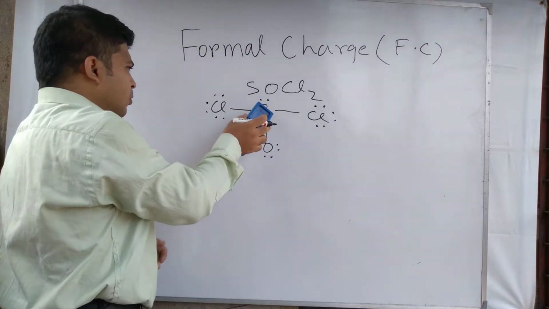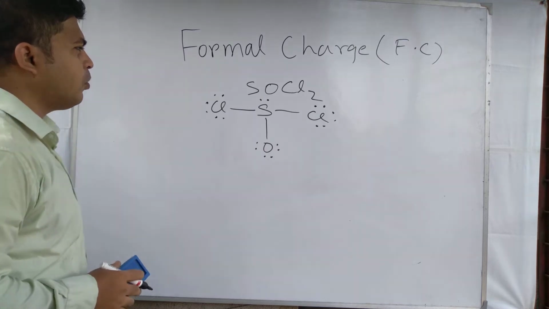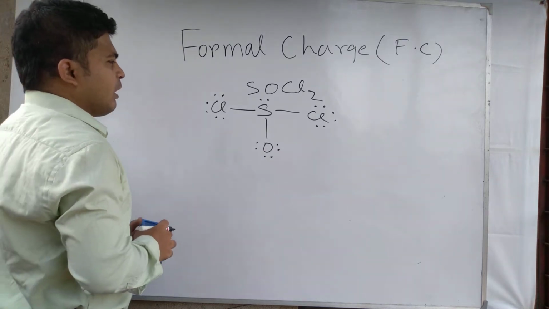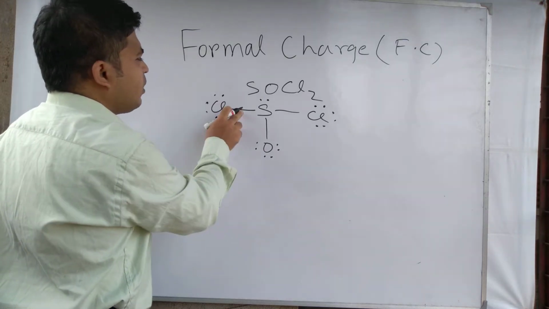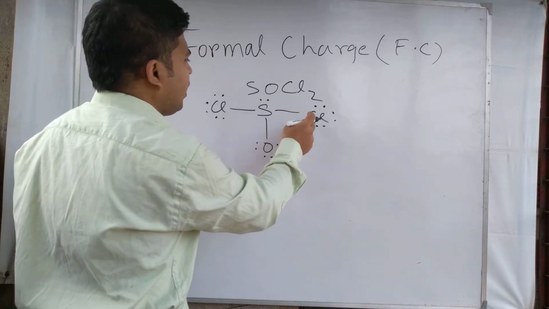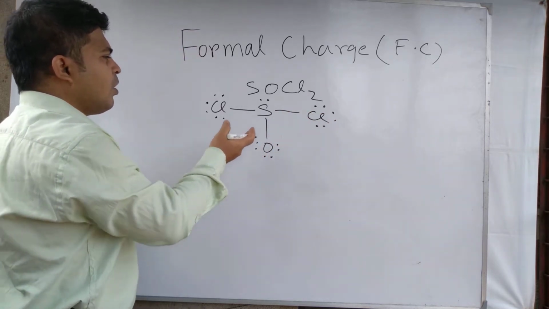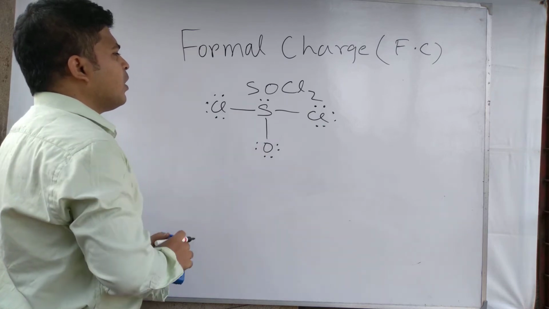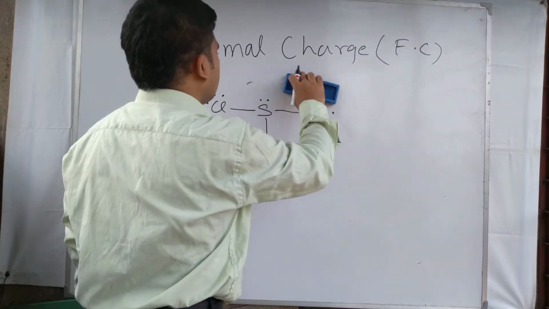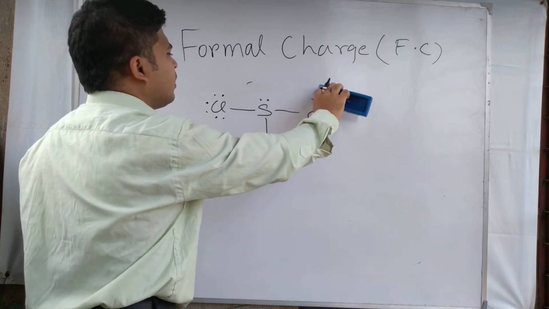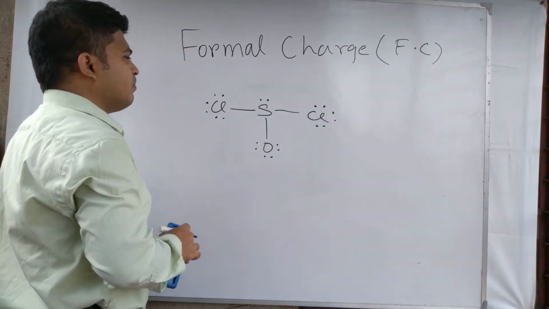This is the Lewis dot structure of the SOCl2 molecule. Here chlorine is completing 8, sulfur is completing 8, this chlorine is also completing 8 electrons, and oxygen also has 8 electrons. So for the SOCl2 molecule, if we want to calculate the formal charge on each atom,